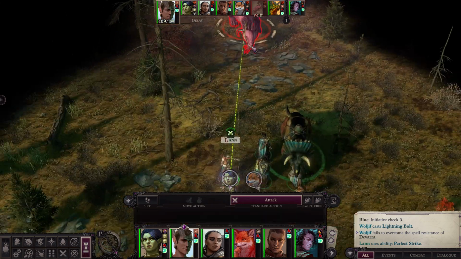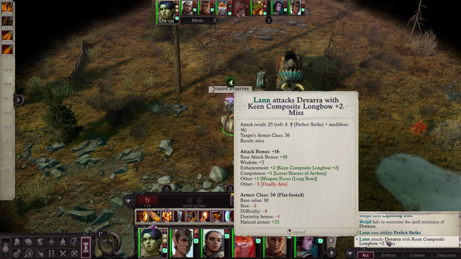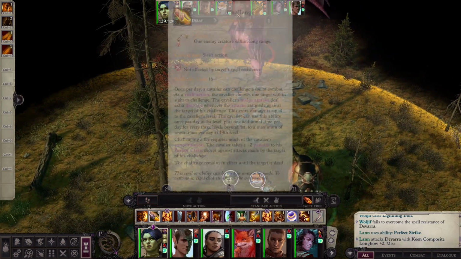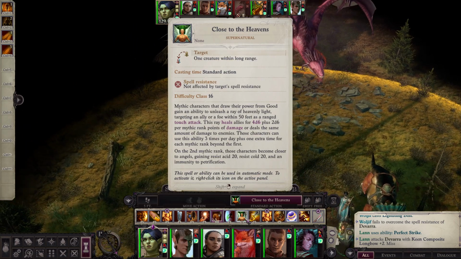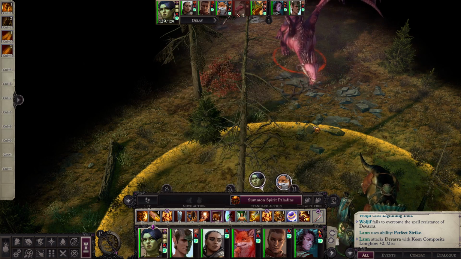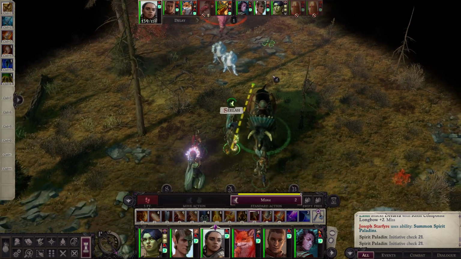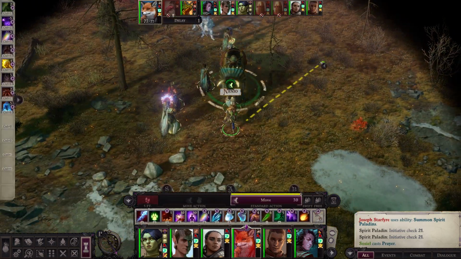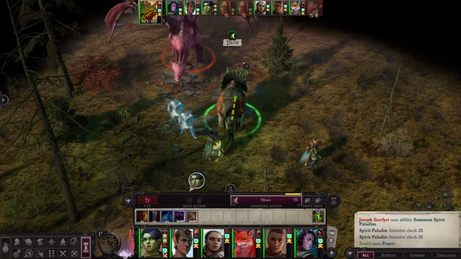Let's find out. Yep. You've crossed the wrong mongrel. And missed. An 8 and a 9. Armor class is 36? What the bloody heck is actually going on there? This is terrible. Let's summon a paladin. 2 paladins. Oh, that was Nino. I thought that was Sozio. Dang it, I was gonna...